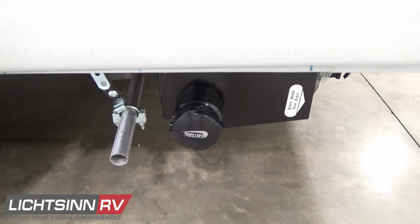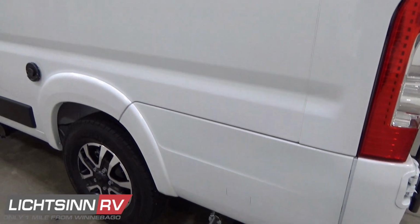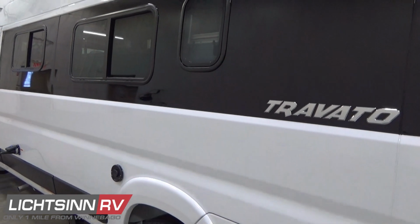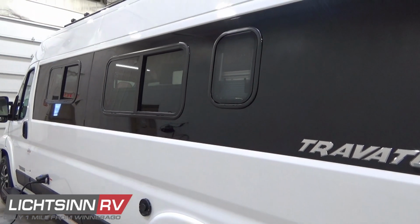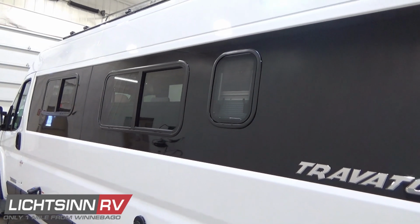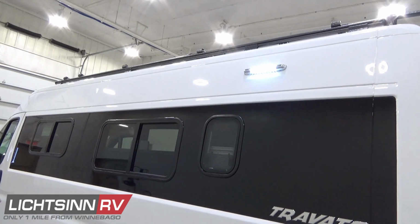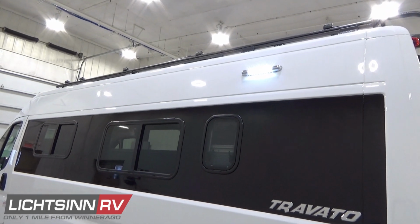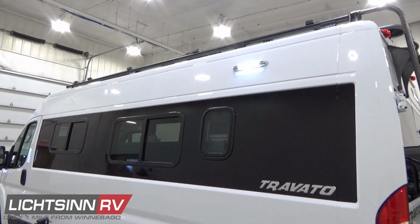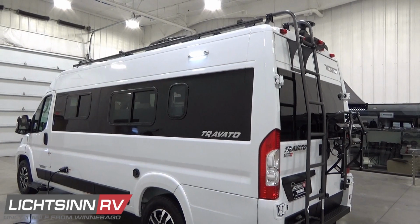As we get to the rear of the coach here, you'll actually see that the coach does have the fill and city water input for the 21-gallon fresh coach capacity to the coach. You'll see the blackout trim around the windows for a stealth automotive finish. This has the side hung glass windows, although we do stock this also with the dual pane acrylic insulated windows. A convenient side LED light for courtesy lighting to provide access to those side components in the middle of the